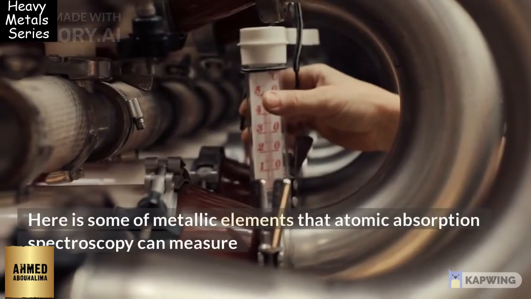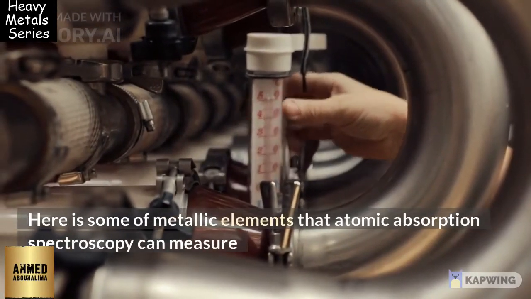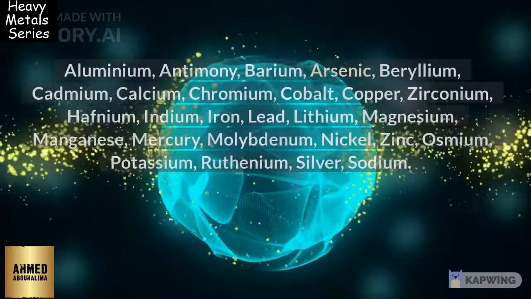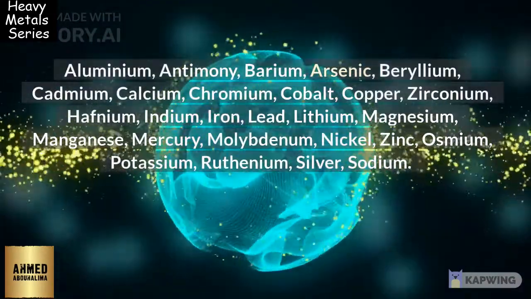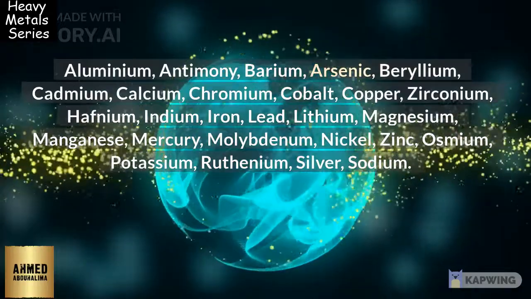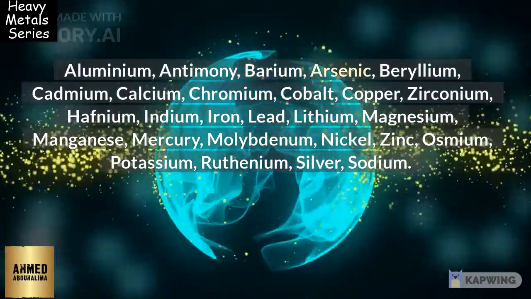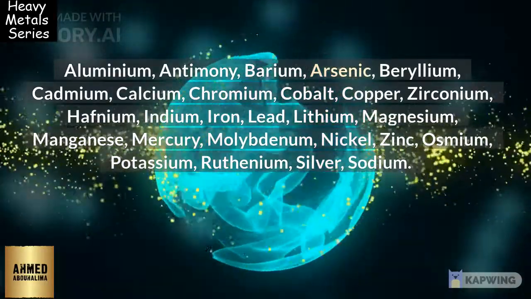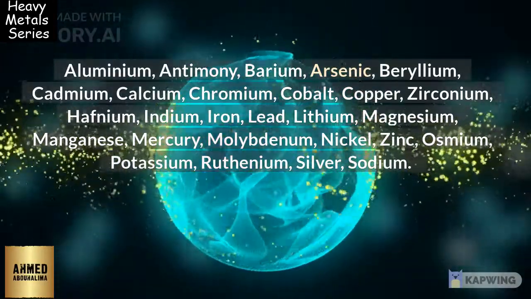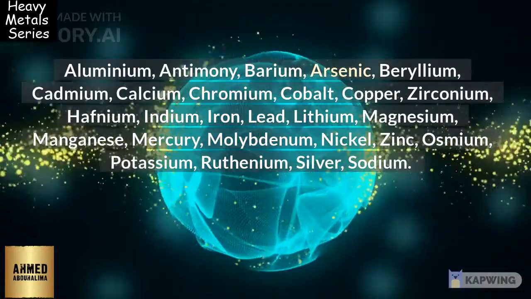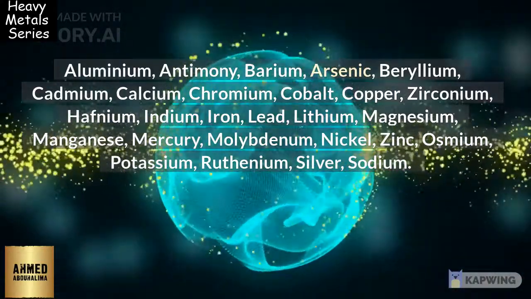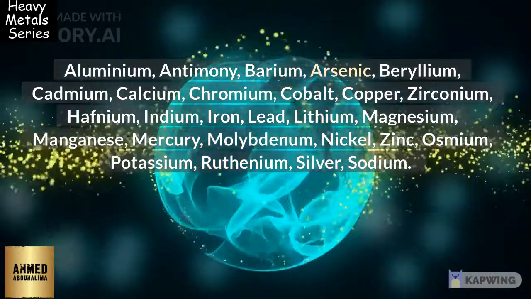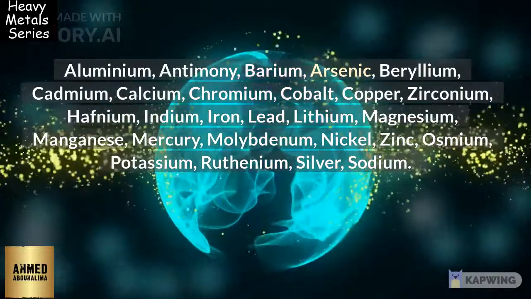Here are some of the metallic elements that atomic absorption spectroscopy can measure: aluminium, antimony, barium, arsenic, beryllium, cadmium, calcium, chromium, cobalt, copper, zirconium, hafnium, indium, iron, lead, lithium, magnesium, manganese, mercury, molybdenum, nickel, zinc, osmium, potassium, ruthenium, silver, sodium,